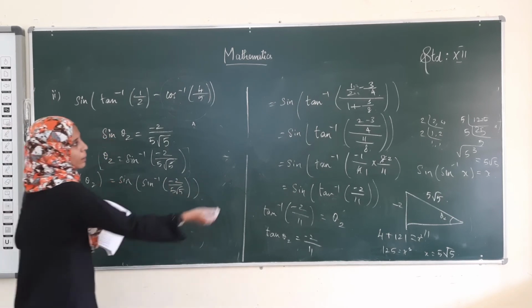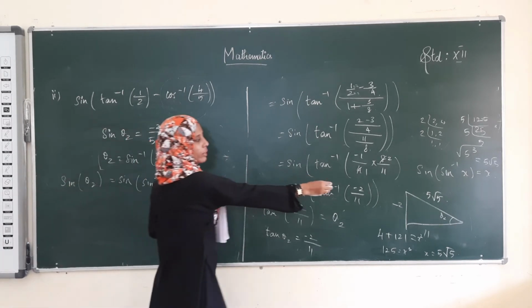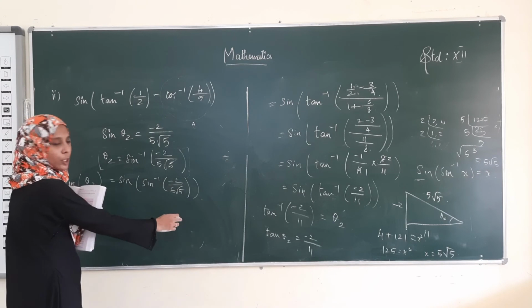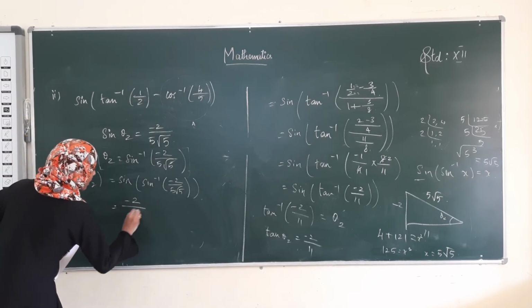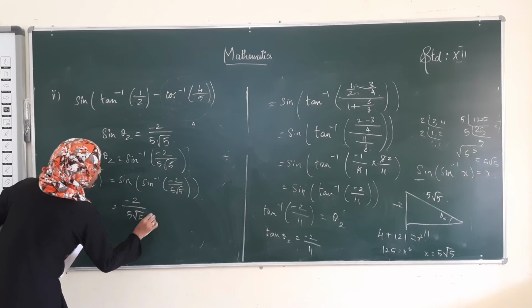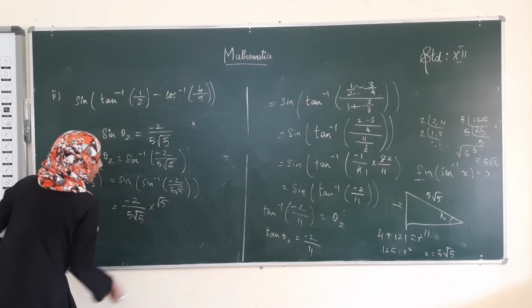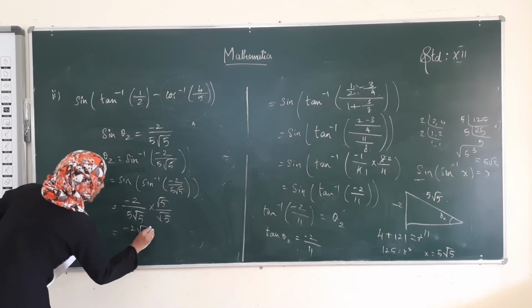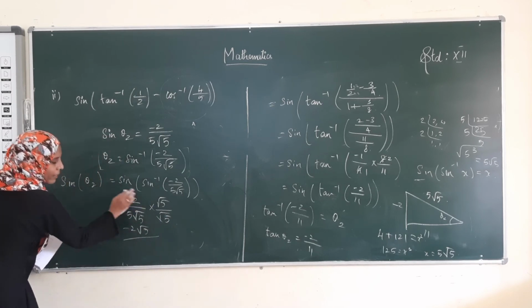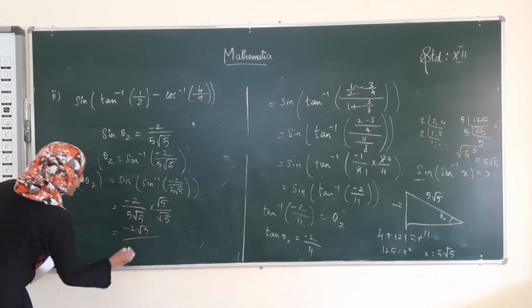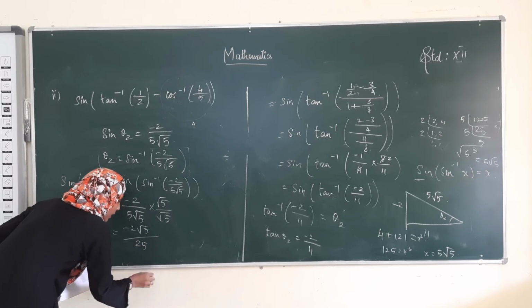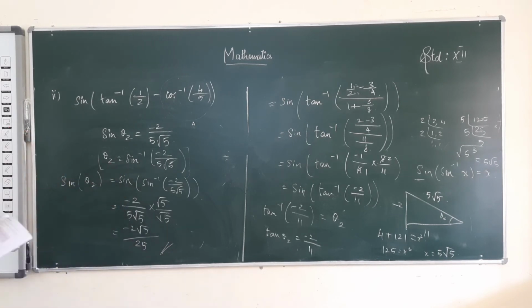See here, we know the property sine of sine inverse of x is equal to x. Therefore, sine of sine inverse of minus 2 divided by 5 into root 5 becomes minus 2 divided by 5 into root 5. On multiplying numerator and denominator by root 5, what we get? Minus 2 root 5 divided by, you can keep the value as it is, otherwise you can take like this, 5 into root 5 into root 5 is 5, 5 into 5 is 25. Therefore, this is the answer, minus 2 root 5 divided by 25 is the answer.